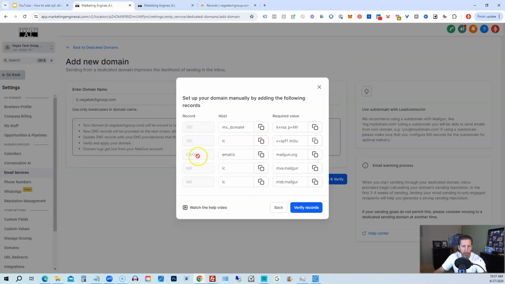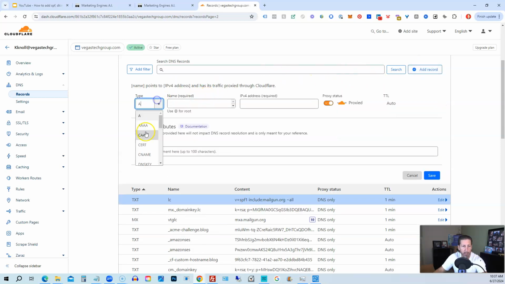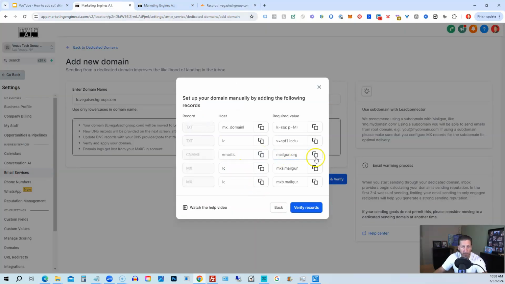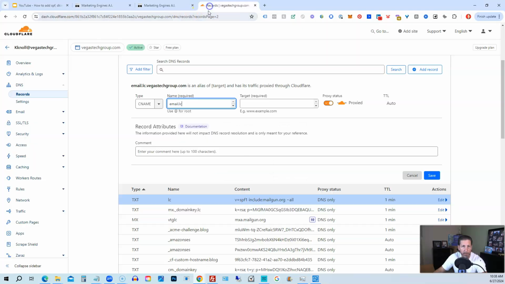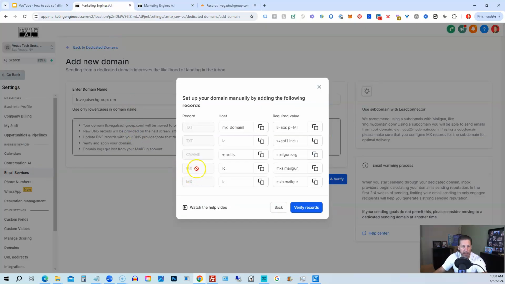Then we're going to come back. We're going to get our CNAME record. So we're going to copy that value. We need to create another record. We're going to make it CNAME again. This time we're going to paste in the value. And then we're going to grab that value and put it into the target requirement. We're going to turn proxy off and we're going to set time to live to 1. Save it, and then after that we just have these MX records LC for